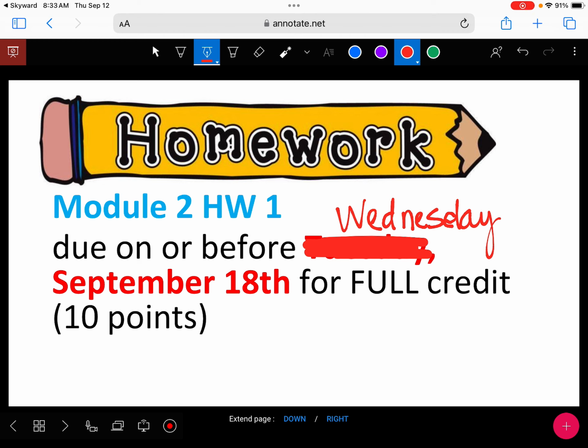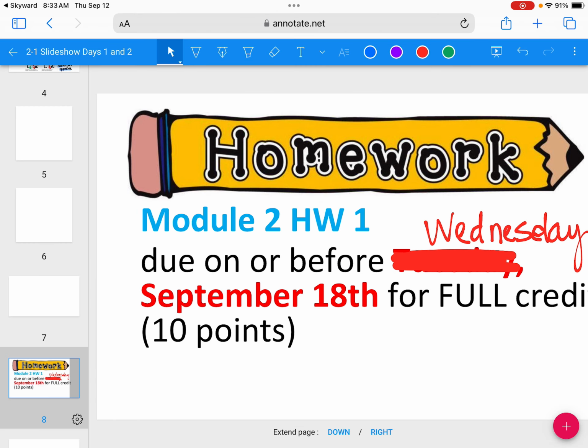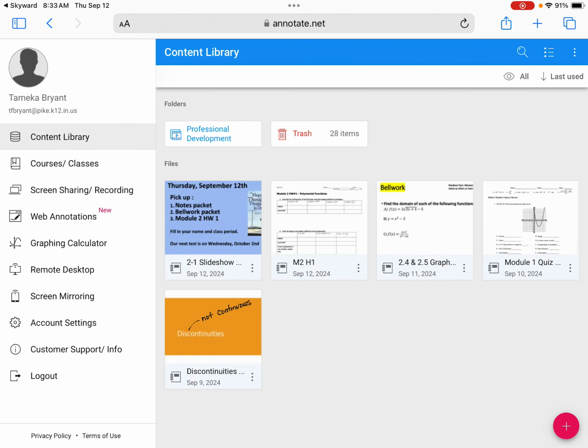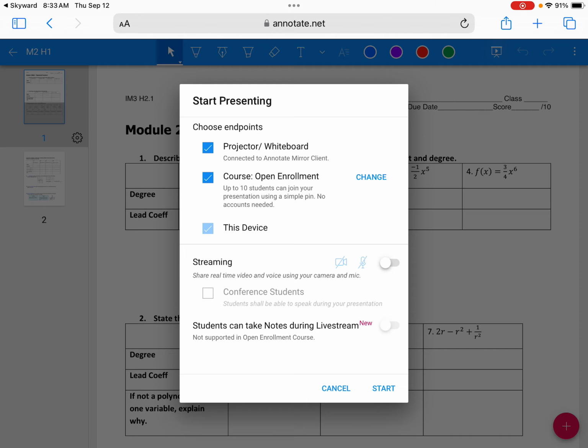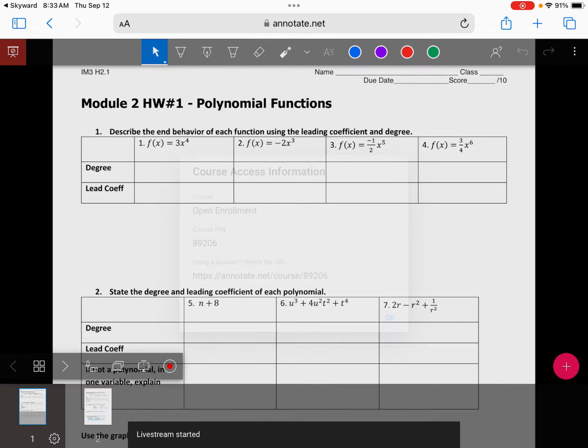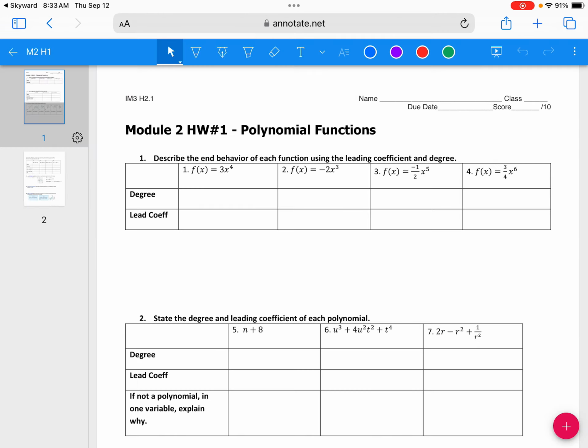All right, so now let's talk about the first homework just a little bit. Oh wait, this is not your first homework. Sorry, never mind. I can't do that. So what I